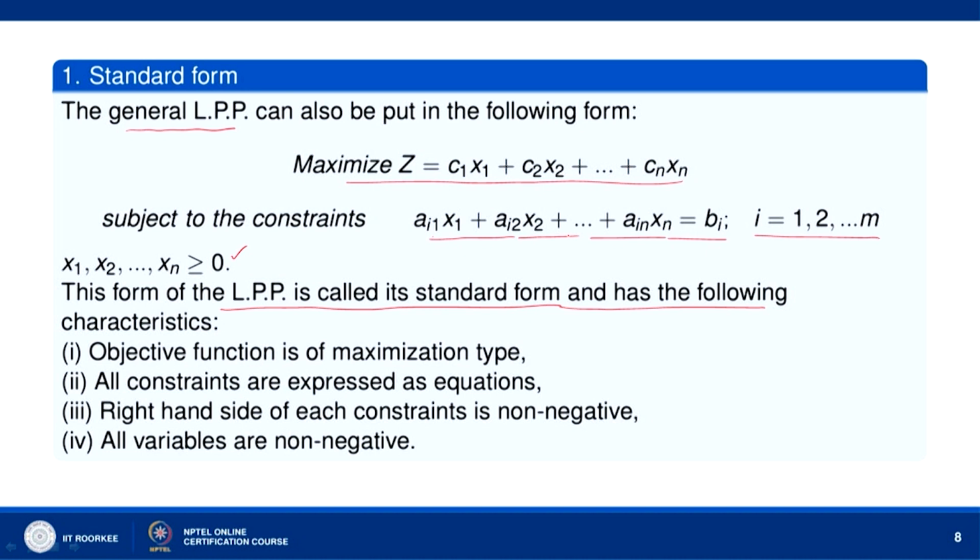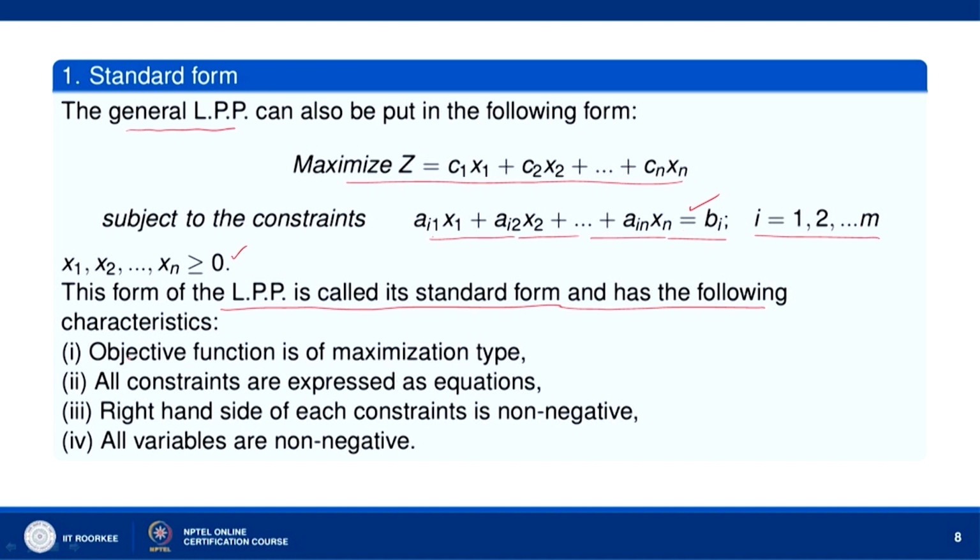and moreover that the m equations are there, of equality type. So, if the constraints in the general linear programming problem are less than or equal to or greater than or equal to, then by adding slack variables in the case of less than or equal to, and subtracting surplus variables from the left side in the case of greater than or equal to, we will be converting them to equations with equality sign. So, there are m equations with equality here.